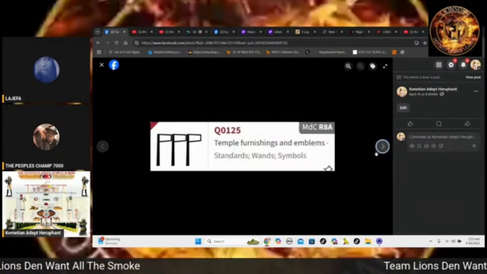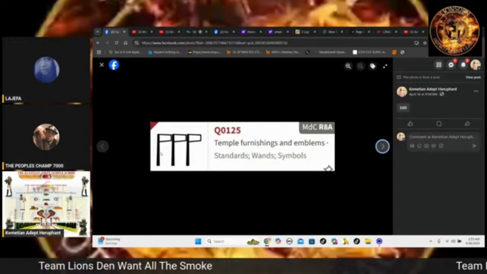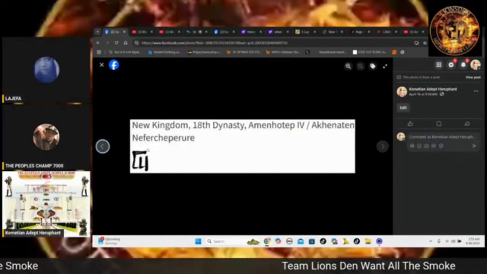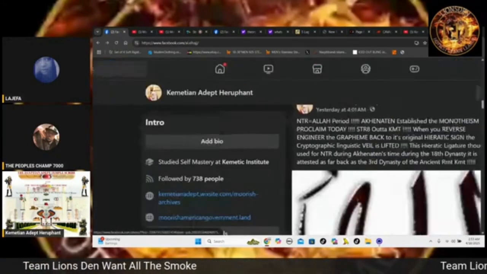Watch this. This is the actual grapheme, as they call it. You know, they call them hieroglyph, but this is a grapheme. These are 3 flags, which represent neter. Again, this is the hieratic version of it. And it looked like the aloglyph, bro. That's insane. Now, what gets even deeper,